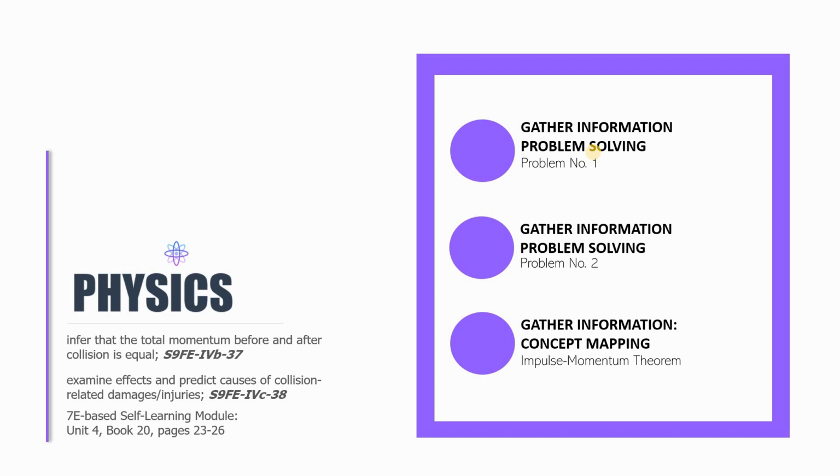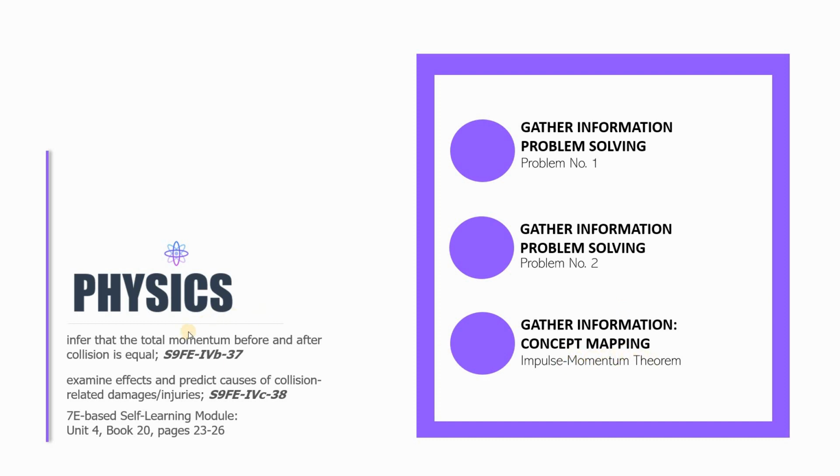The first part is independent problem solving on conservation of momentum. You will be in charge of identifying what kind of collision happened and deciding what formula you're going to use. It's going to happen twice, so we have problem number one and problem number two. Then we will sum up what we learned so far through concept mapping of the impulse momentum